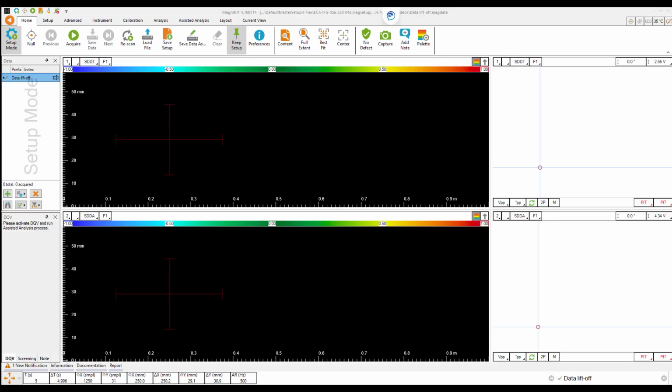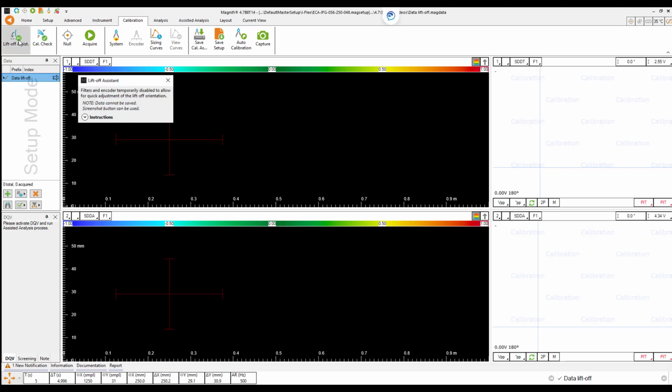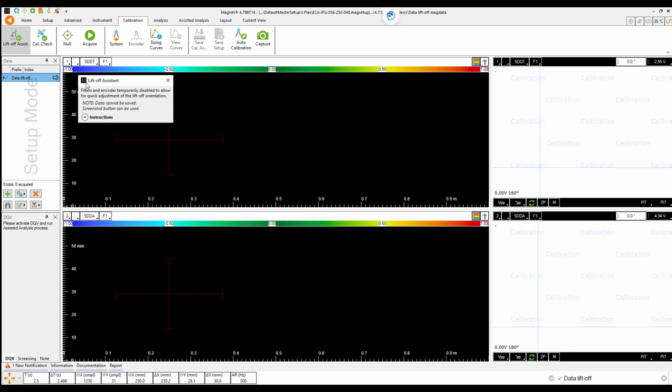So now let's see how to use the tool and the type of results it will provide. The first step when you are in the front stage will be to access the calibration ribbon. From there, the liftoff assistant button is the first one on the left. Once you click on the button, a small window will open up showing the instructions to proceed to the signal